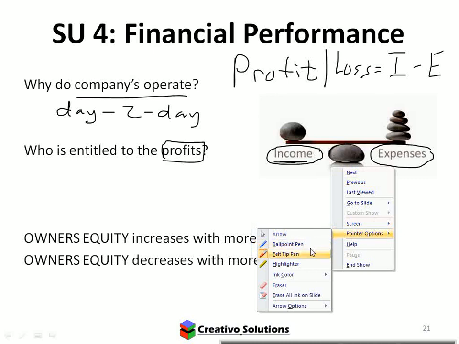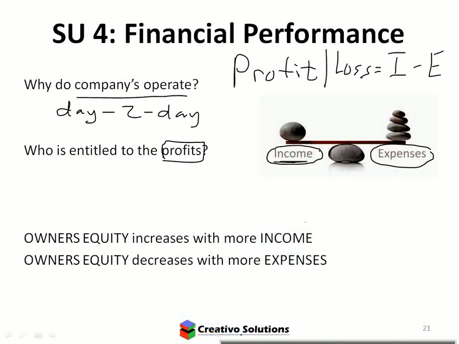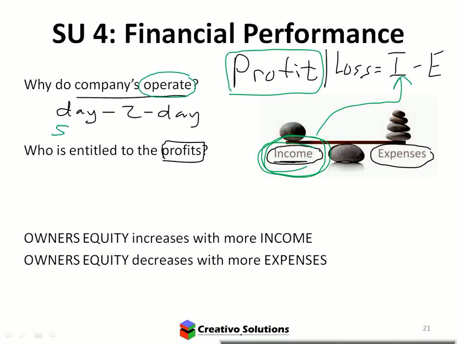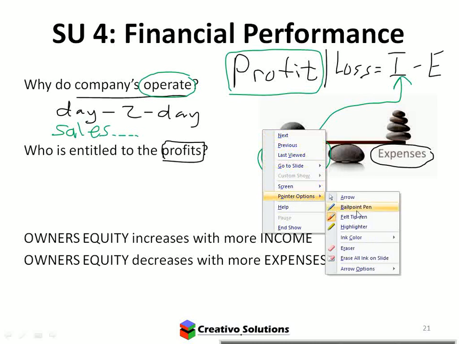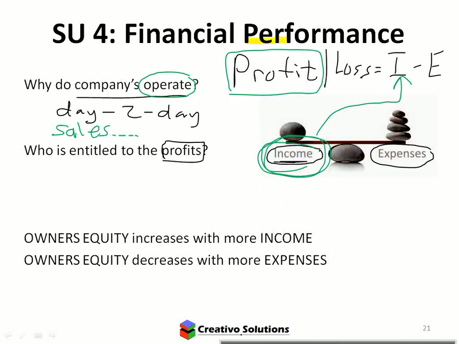Ideally, you want income to be more than the expenses. That's first prize, because if you end up with more income, you'll end up with a profit, not a loss. The difference is the profit or a loss. Companies operate day-to-day, like sales. That's the day-to-day running of the business. What is that looking at? It's looking at your performance, not your position. There's a very, very important difference here.